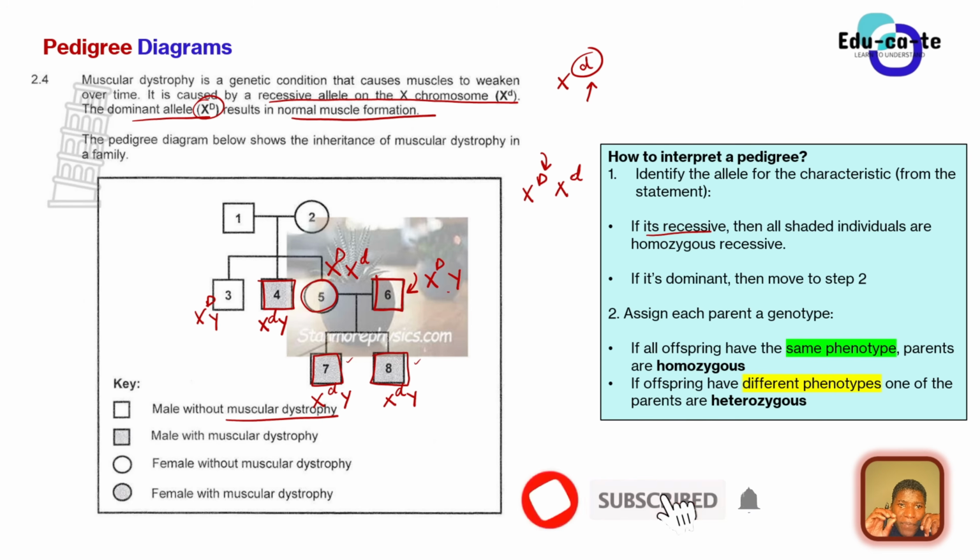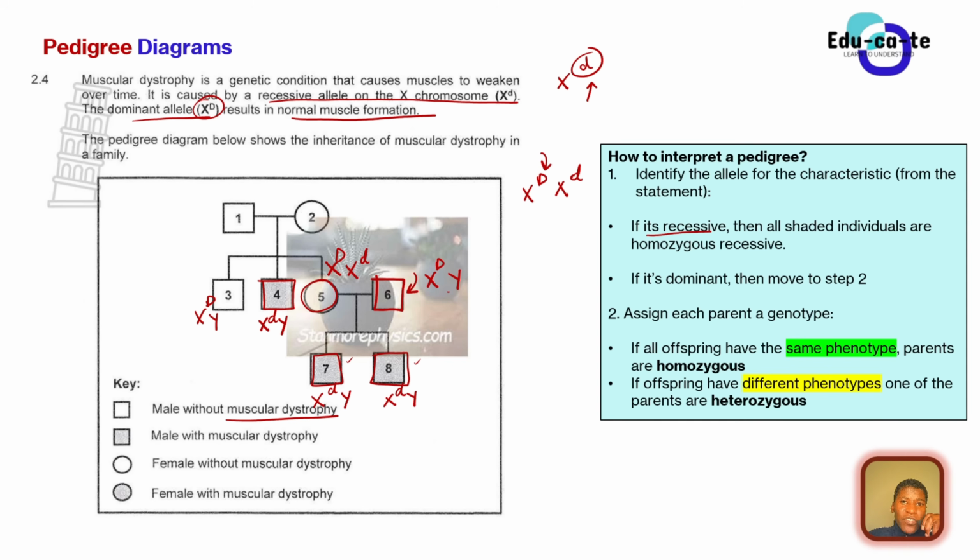It's because we have been told in the statement. It can happen that a sick person has got a dominant allele. It depends on the condition. But for this particular case, a recessive allele represents someone that has muscular dystrophy. All right. So now, individual 1 is a male, so this is XY, but it's a normal male, so it must have a capital letter D.